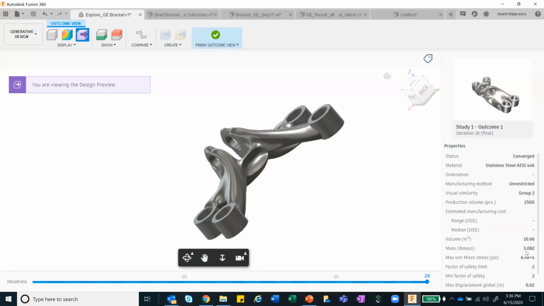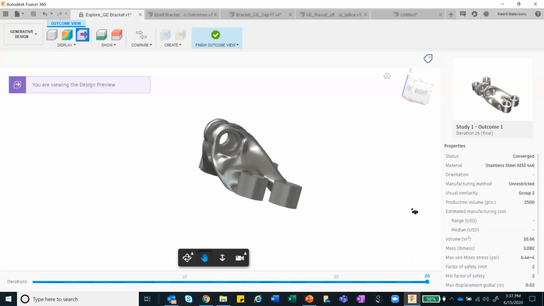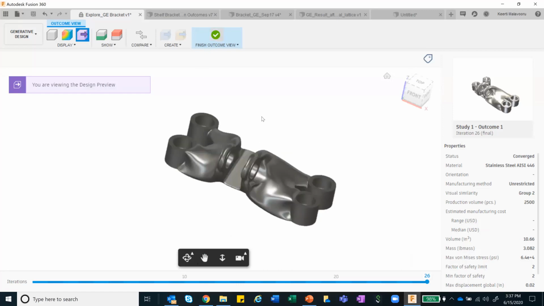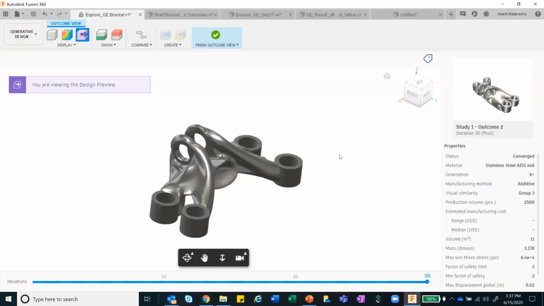It is lesser than the original design, as well as it falls well within the factor of safety as well. Or I can look at some other option, which is of maybe additive manufacturing in the express orientation. So I can go ahead and have a much more deep dive of this particular design.